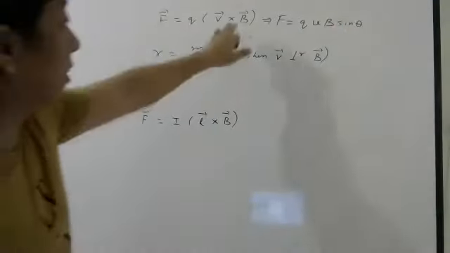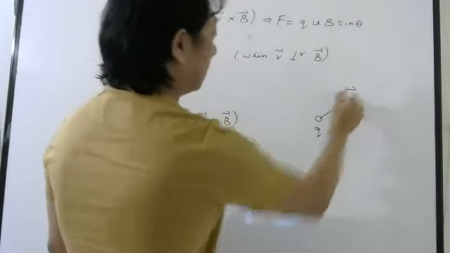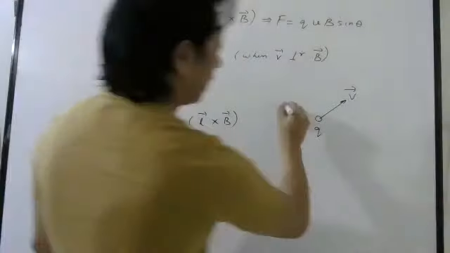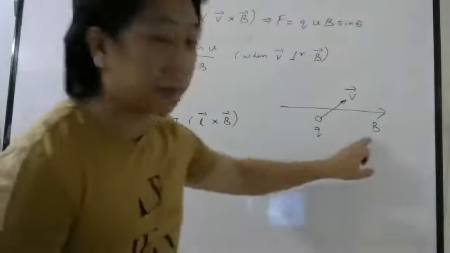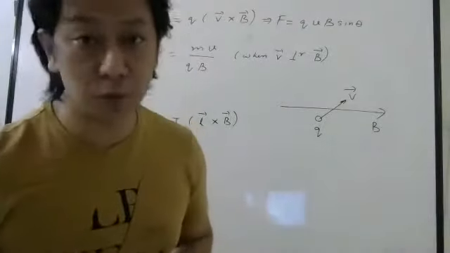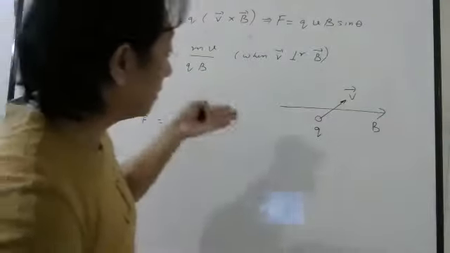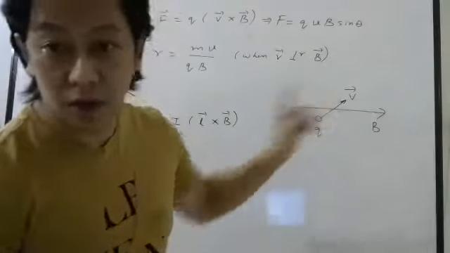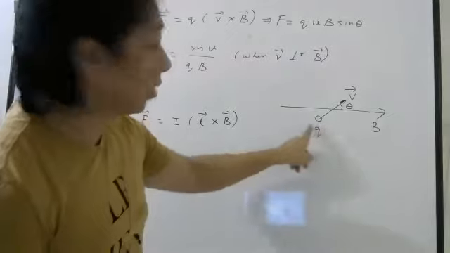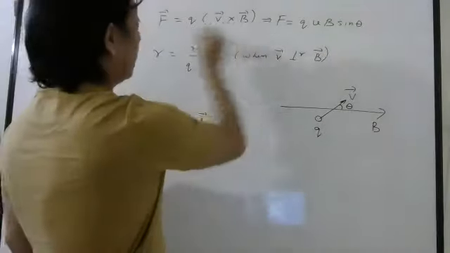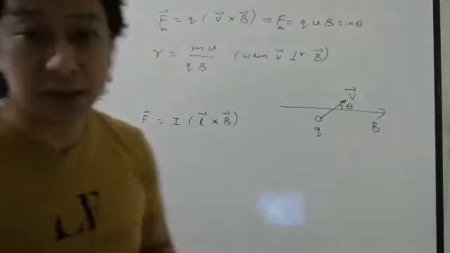Okay, so this formula should be applied when a charge Q is moving with some velocity V kept in an external magnetic field. This is your external magnetic field. Who is applying this magnetic field? That you don't have to worry right now. Just assume there is an external magnetic field and the charge is coming at some velocity and it makes an angle theta. Then the force on this charge, which is called magnetic force also, is given by this formula. This was discovered by Lorentz.